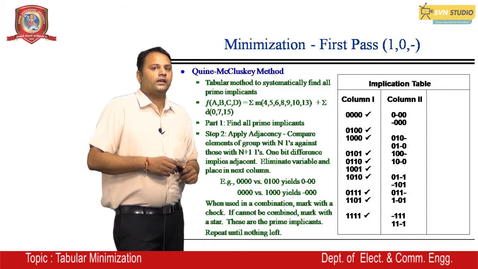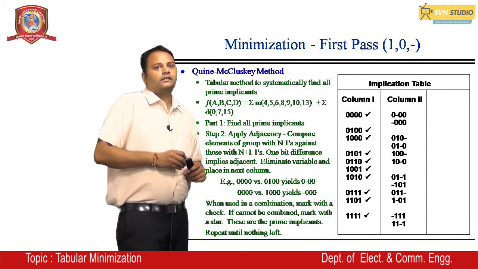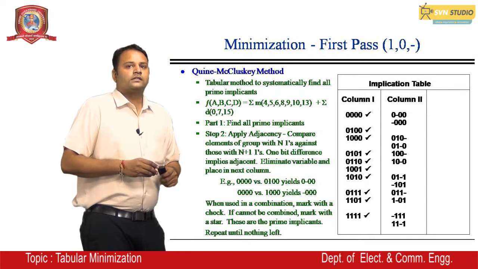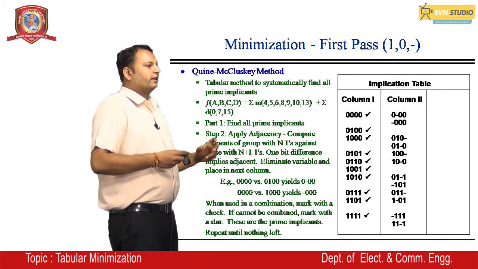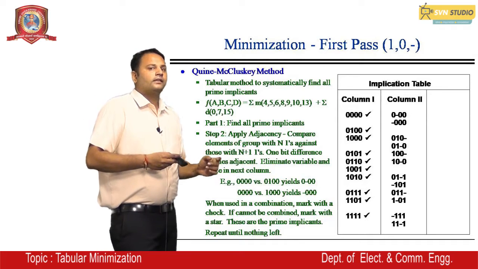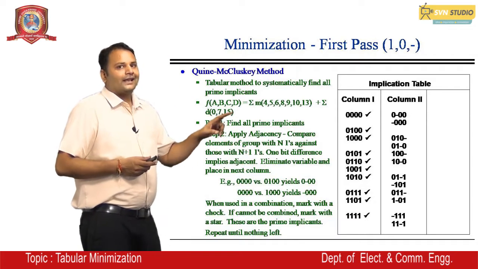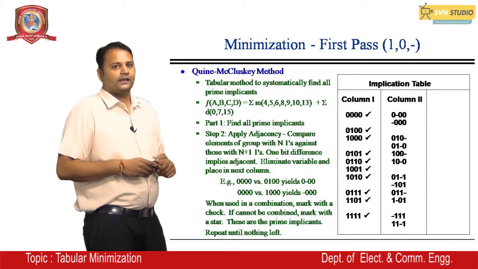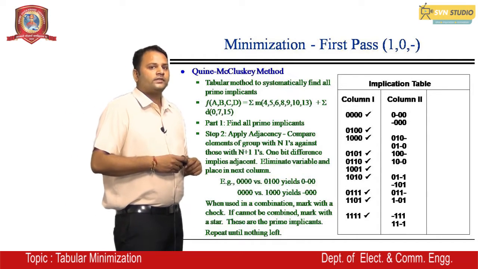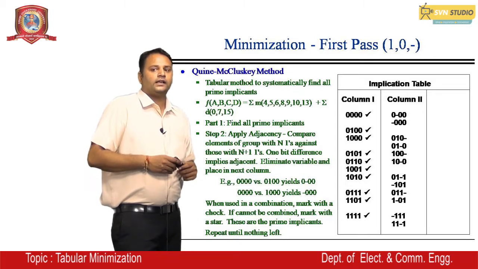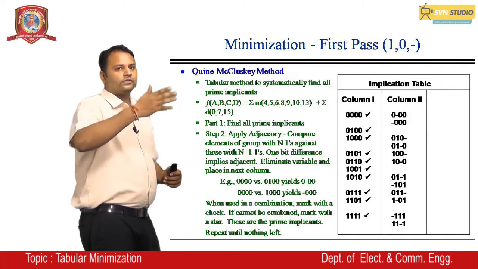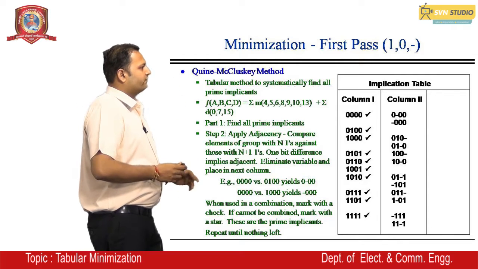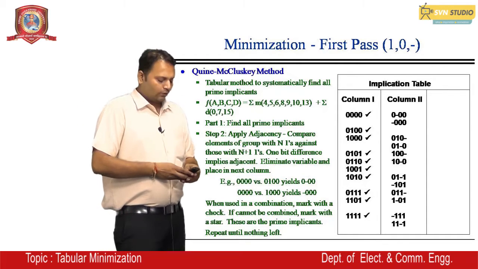So if we take 0 to the next, 4, it was 0000 and 0100. In the place of the differing 0 and 1, a dash is used. Next, if we take four times 0 with 1000, then the value becomes a dash followed by three 0s. So we compare all these terms with each other and take the second column for that.